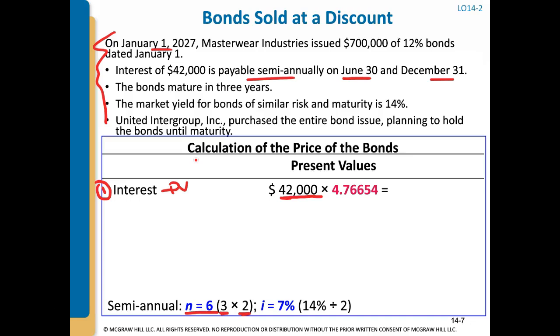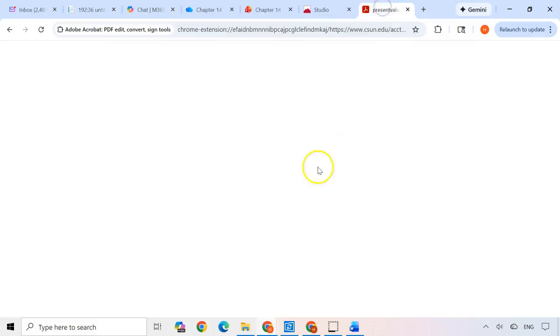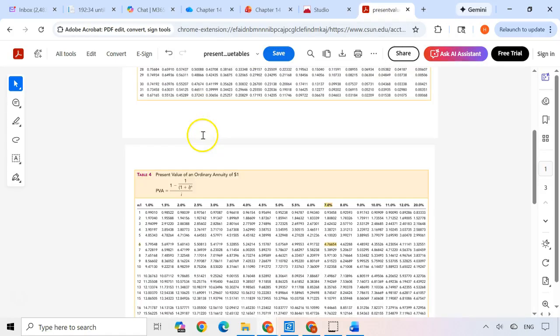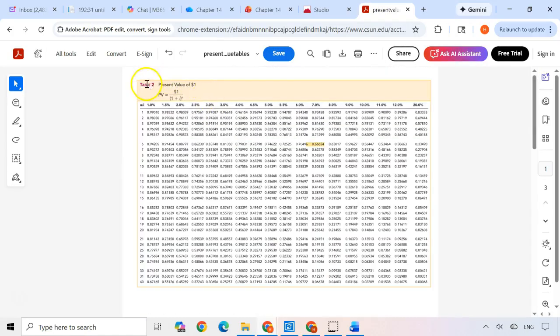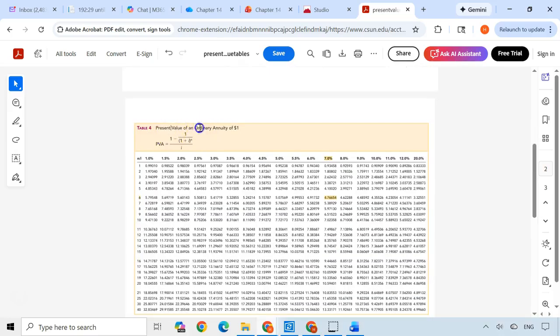And when you look up the present value, the interest rate you're going to use is the market interest rate. Now, the market interest rate we're told is 14%, but that's an annual rate. So you have to divide that by 2 because we have 2 payments a year. So if you look at the present value table of an ordinary annuity with n equals 6 and i equals 7, which I have pulled up here, and you have to make sure you're using the right table, because this first table is present value of $1, present value of an ordinary annuity, n equals 6, it's barely highlighted, and the interest rate is 7. You'll see the factor is